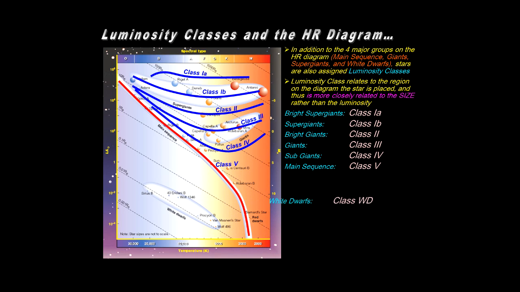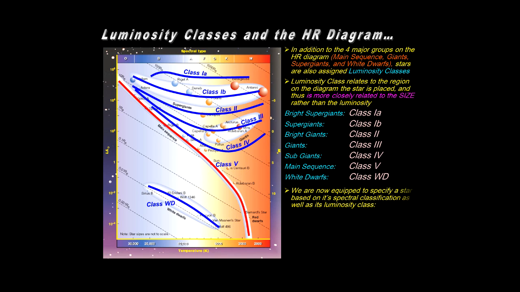And to be complete, we'll go ahead and put in the white dwarfs. You could say it's not really even a classification because it's really a dead star. It's not an actual active burning star. But anyway, we'll call it class WD. So we can now specify a star based on its spectral classification, as we've already done, and also its luminosity